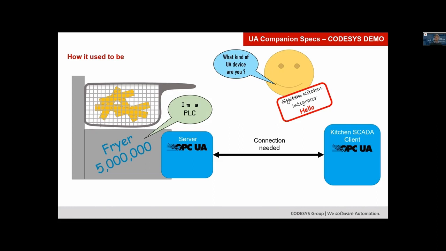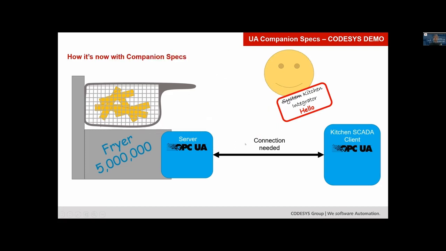That's the current state. And then usually the kitchen integrator is like, what the hell is a PLC? Because for us, it's obvious. We've built a PLC into this fryer to automate it. Makes great sense. What's there not to understand? But the kitchen guy has never seen a PLC. He doesn't even know what the acronym means. That's not great. But that's where the companion specs that Stefan mentioned come into play, where you turn the data